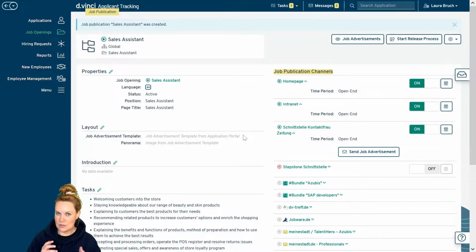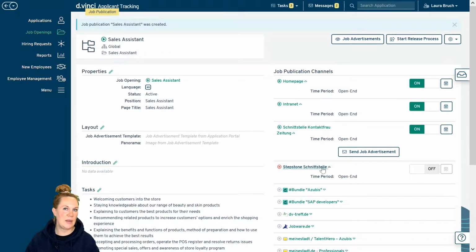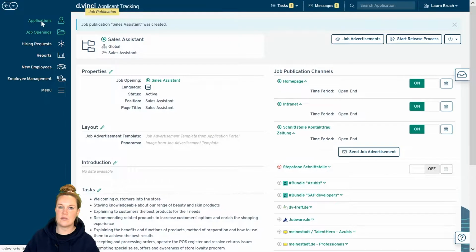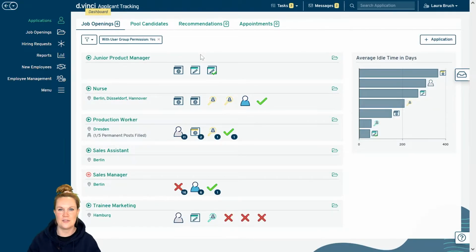If you decide to use DaVinci, of course, we always have consulting included. You can use our agency to post your jobs, or you can use our direct APIs for that. As well, we have a multi-posting tool with over 500 channels where you can post. So at the end, we have our sales assistant job opening here. And now let's change the perspective and see how your applicants can apply to this job.